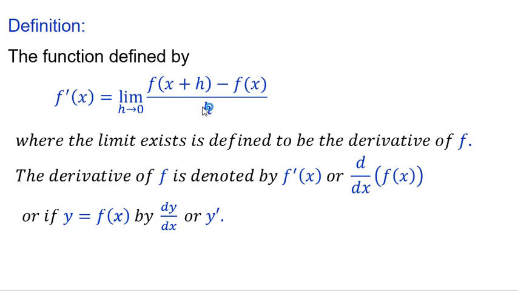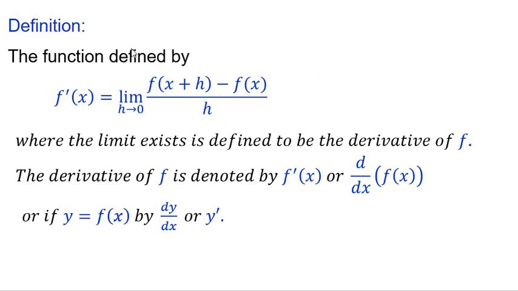Now see this definition. Here we are taking the ratio of the difference of the function to h. Here h is a very small change or an increase in the value of x. So when my variable increases by a small amount h, I am using limit h tends to 0. This indicates that this increment in x is very small. So when I change the value of x, my function's value also changes. So the limit indicates the ratio of change in the value of the function to change in the value of x.